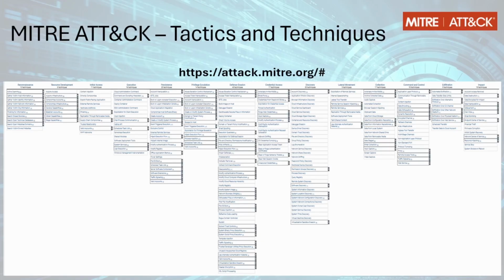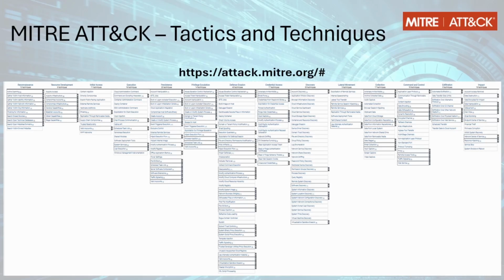ATT&CK focuses on how adversaries interact with systems during an operation, reflecting the various phases of an adversary's attack lifecycle and the platforms they are known to target. ATT&CK organizes these techniques into a set of tactics to help provide context for the individual techniques. The tactic is the adversary's tactical objective for performing an action. Tactics cover standard, higher-level notations for things adversaries do during an operation and are under 14 tactic categories as follows: